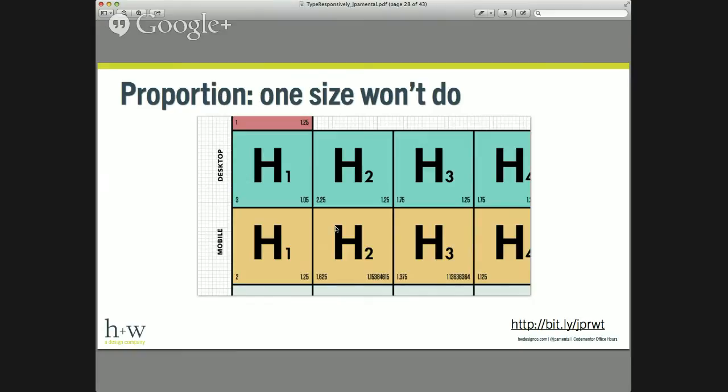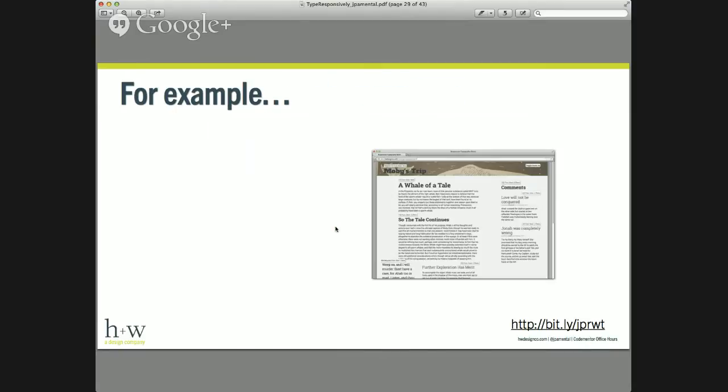So the link is here on the slides. It's in the book. You can find it on the Typecast blog. There's plenty of places to see it. And the whole scale is reproduced there. I'm just going to show you some of the examples of it. So we've got